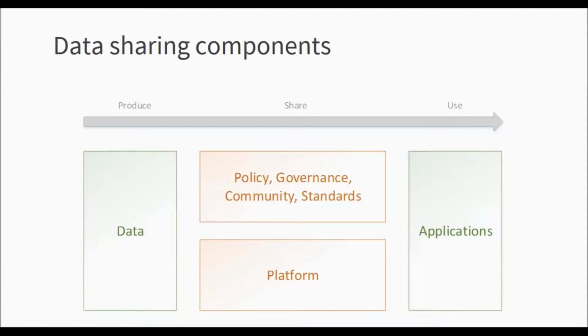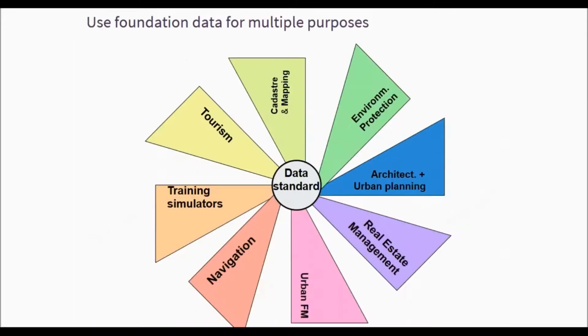And you can see this as an application of what we call spatial data infrastructures, where all of these items are important, but also smart cities initiatives as well as data platforms. And it's interesting to note that the share part basically falls into a very technical bit, which is all about the technical platform and architectures and the system that makes data available and allows sharing to happen, as well as the softer level of policy, governance, community, and standards, which we think is equally important.